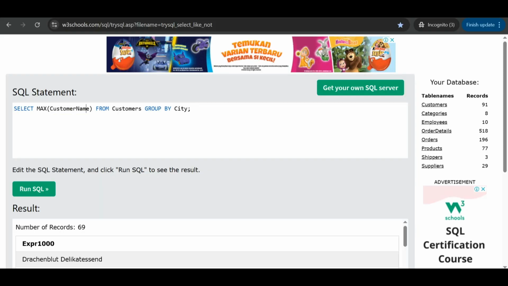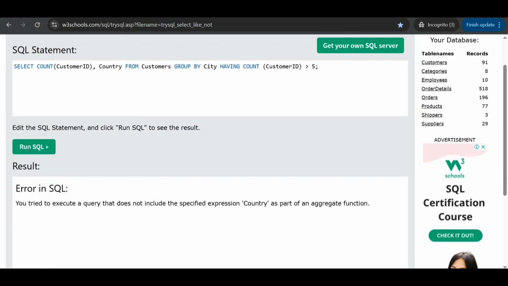If you still didn't understand, you can ask in the comment section. Last is HAVING. You can use HAVING with the GROUP BY function. Maybe for the example, COUNT of customer ID, country, and I will use HAVING COUNT of customer ID more than 5.